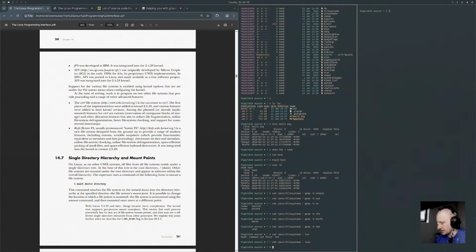Among the planned or already implemented features of ext4 are extents, reservation of contiguous blocks of storage and other allocation features that aim to reduce file fragmentation, online file system defragmentation, faster file system checking, and support for nanosecond timestamps.